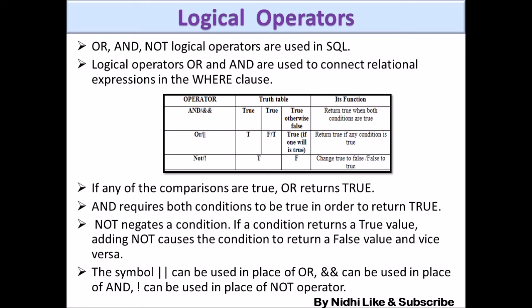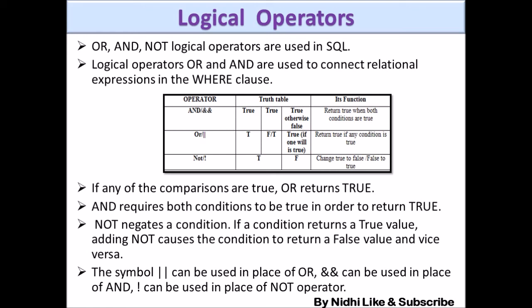To help you understand this, I am just changing that example of entering a school. The school found that both the conditions are not fulfilled by the students, so they have modified the condition to give you entry. They have told that if you have either an ID card or a uniform, you are allowed to enter the school. That means at least one condition should be true. So if you have an ID card, then you are allowed to enter, and if you are wearing a uniform and you are not having an ID card, then also you are allowed to enter. So that comes under the case of OR.